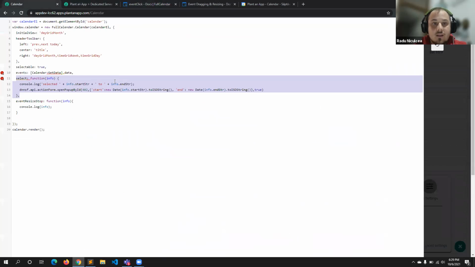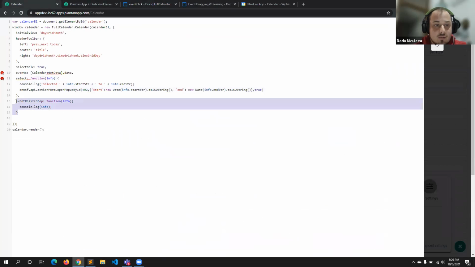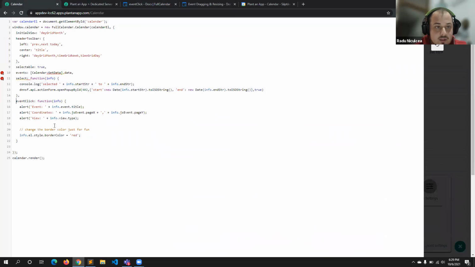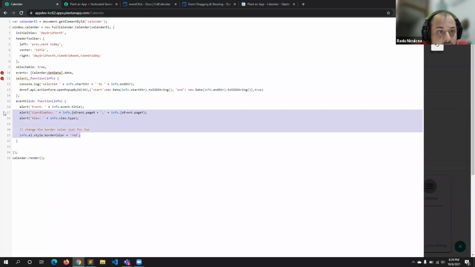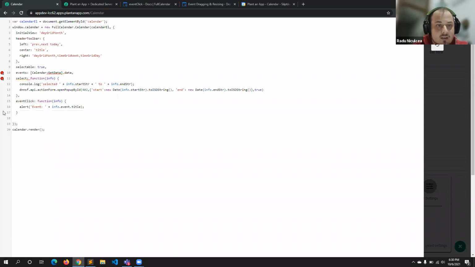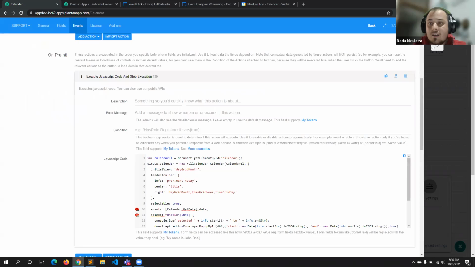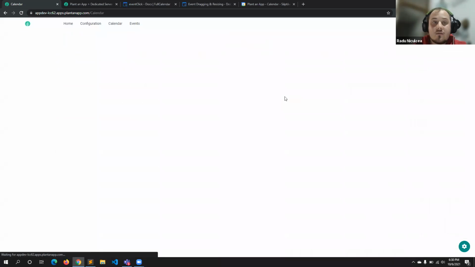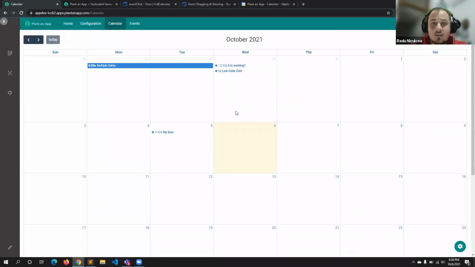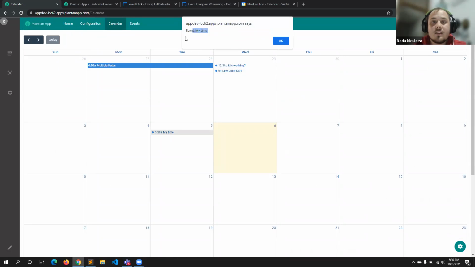So from this perspective, I will just go, and maybe I should replace this for the moment. I'm just going to add these pieces of code. I'm going to delete some parts of it because I'm not interested in everything that was showing in there. And I'm going to click save. When I click and refresh right now, if I click on this event, I'm going to start getting a browser alert saying which event I clicked on, with multiple dates and so on.